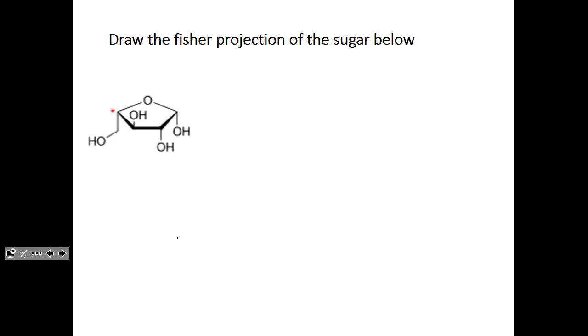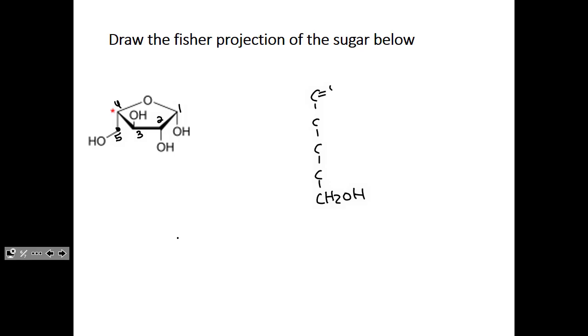Okay, then draw the Fischer projection of the sugar below. Again, we want to number our carbons first. 1, 2, 3, 4, 5. Don't forget this is a carbon. Make your backbone. Your fifth carbon is CH2OH group. Your anomeric carbon